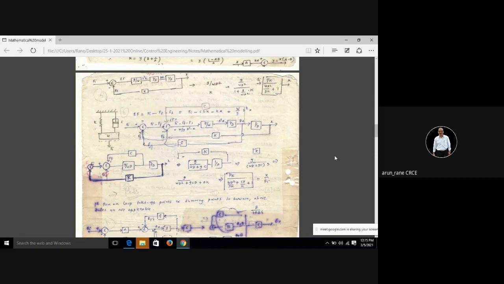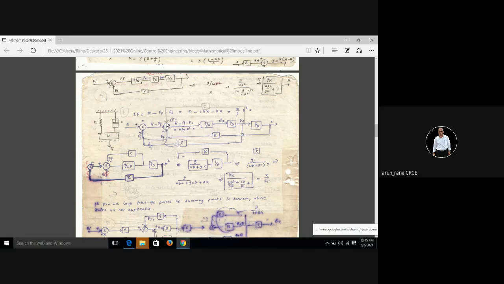Now we will apply the rules of block diagram reduction and see whether I am going to get this transfer function, which earlier by the simultaneous equation method we had got. If you remember, we had got x upon Fi is equal to 1 by k divided by 1 plus cd upon k plus W by g d square upon k. This is what we had got. Just see now how to get this. Forget about this now, and just concentrate on this.